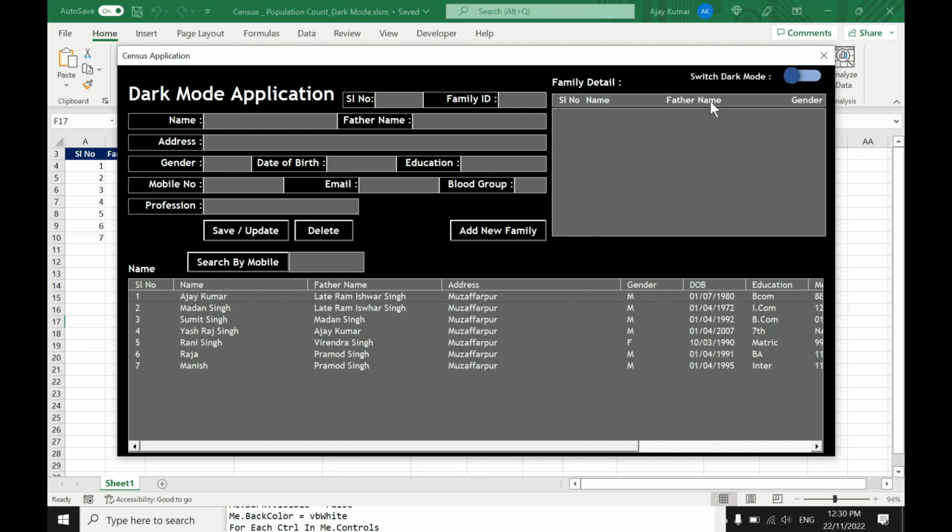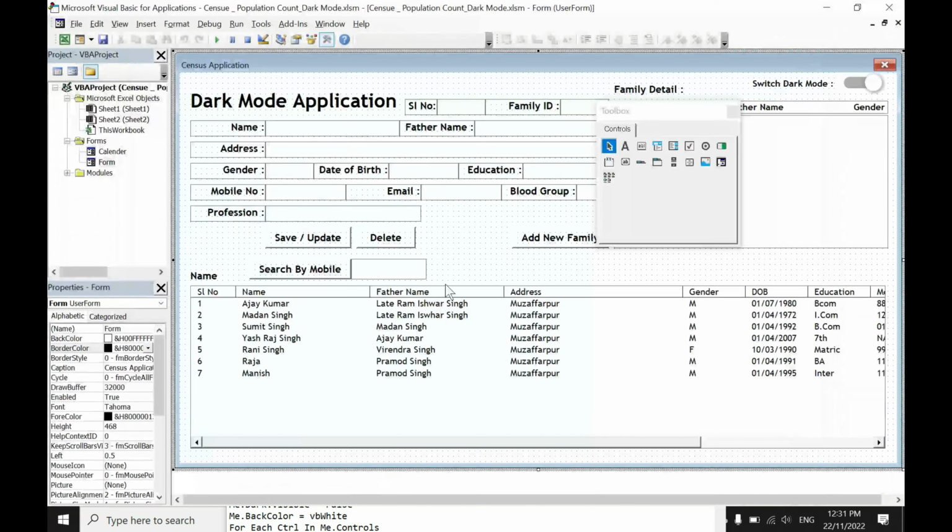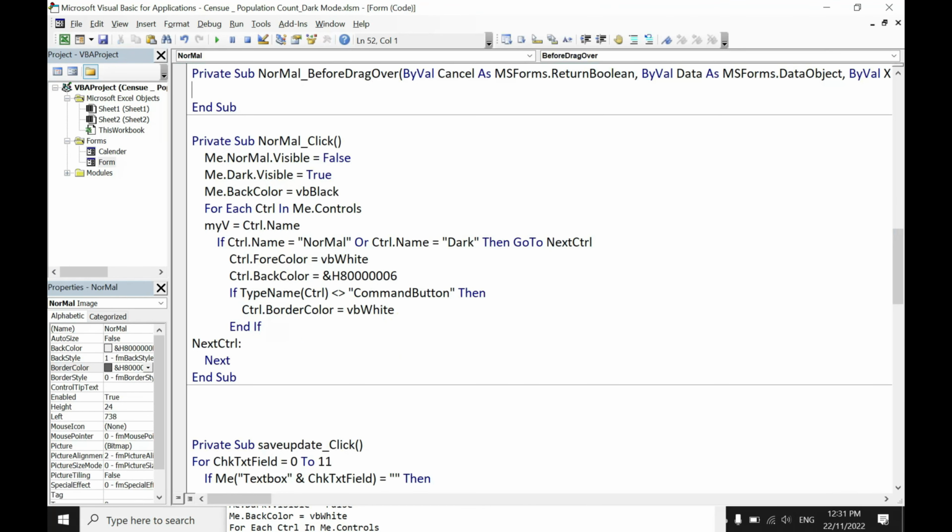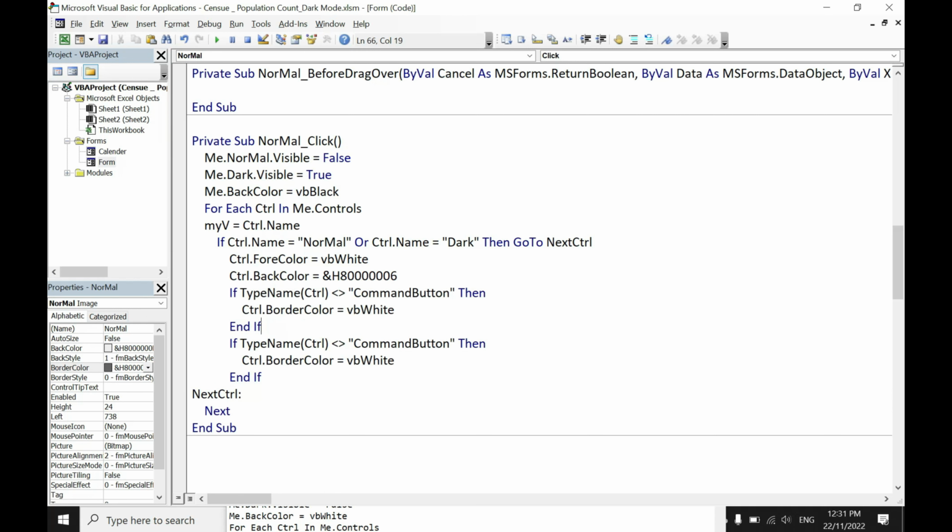And one more thing, if you want to change the color to gray only for the text box, then what I have to do, just go here and write a new code, an If condition. Just copy this, paste this right here, change the command button to list box, and then control.BackColor equal to BB black.